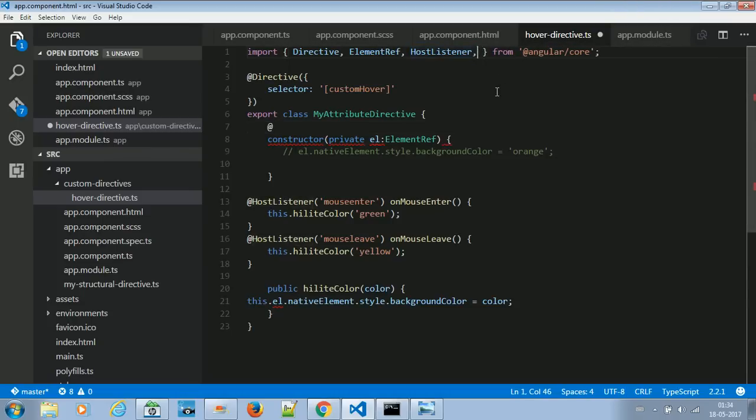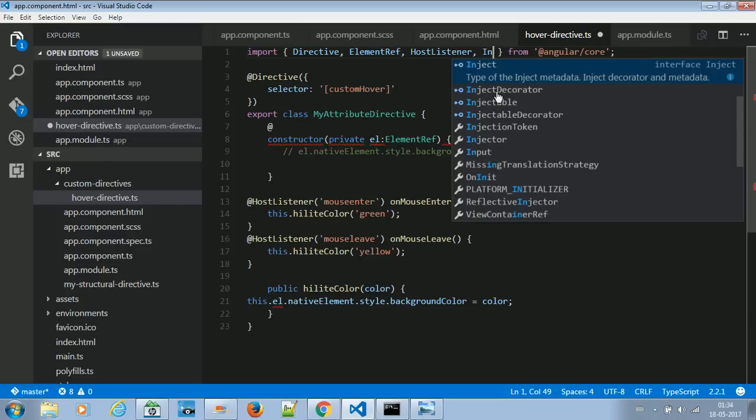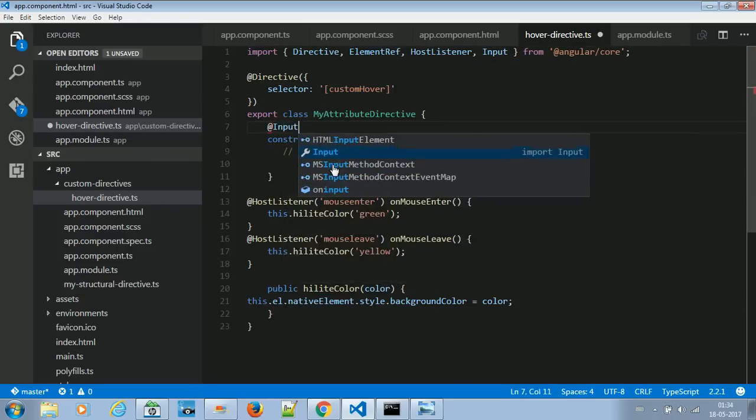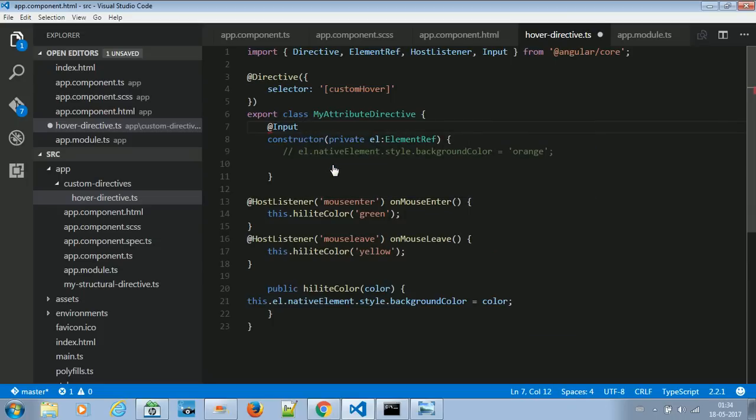Before that you have to import Input. So you can have this Input decorator. In Input, you have to give parentheses like this. Inside the parentheses you can take any alias name, but let's keep it simple. So Input, and let me call it highlight color,